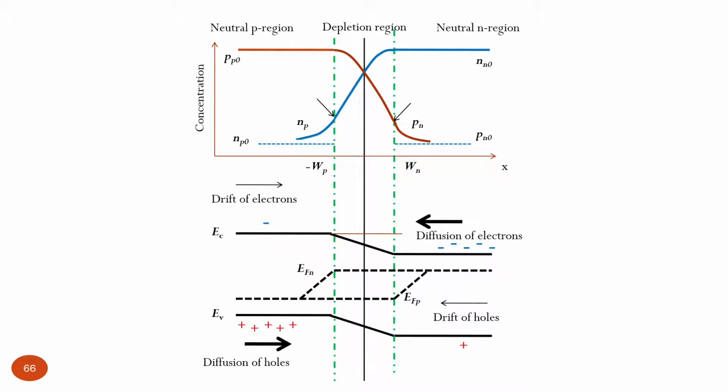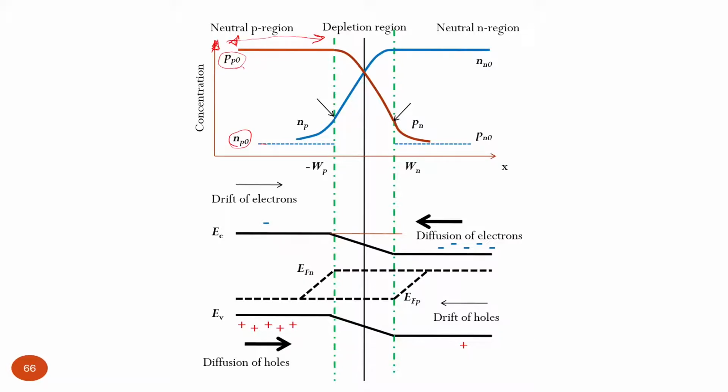So we have the neutral region in p-type, from like here, which is characterized with very high concentration of holes and very low concentration of electrons as minority charge carriers. That is, concentration goes on this scale up. So here we have very high, here this dashed blue line is very low